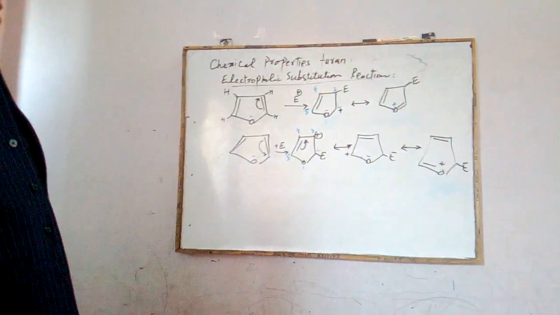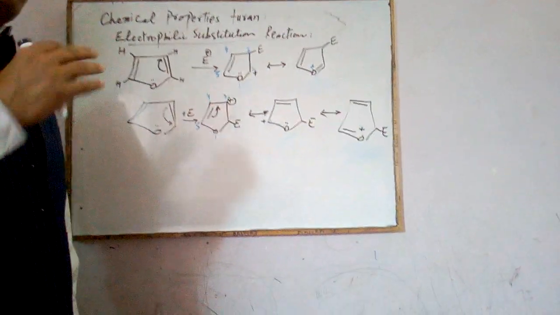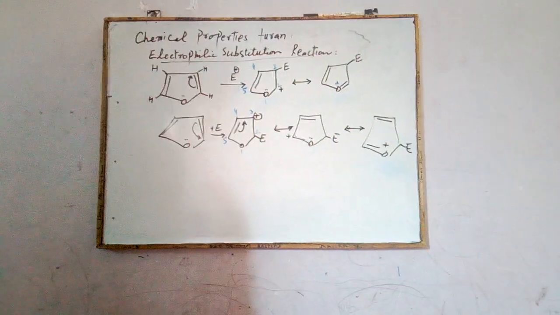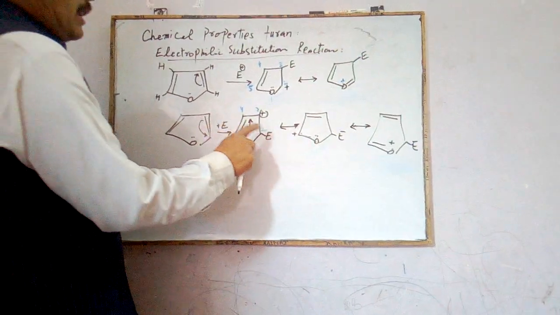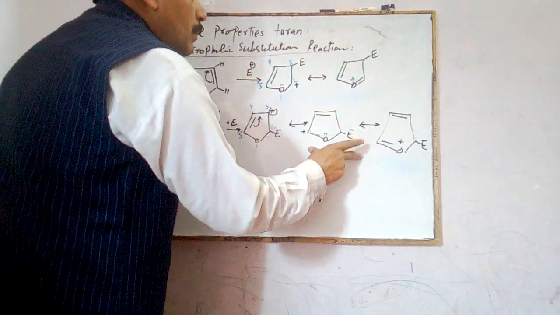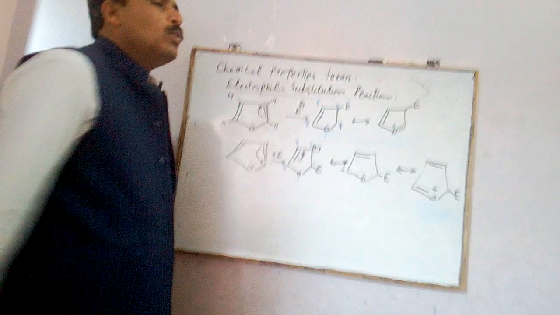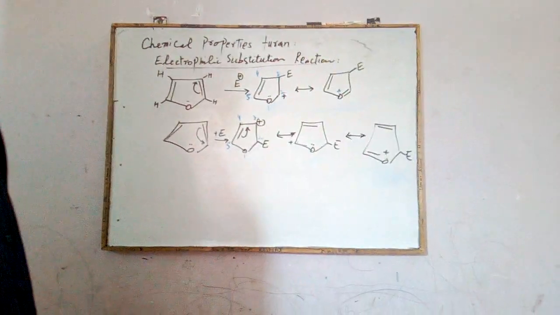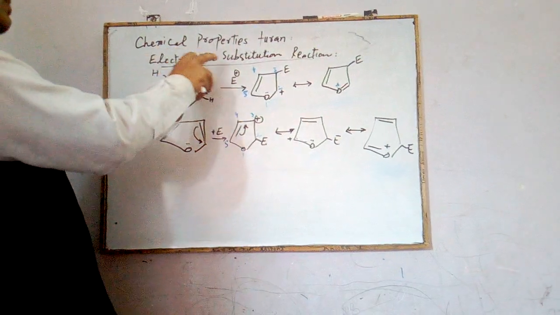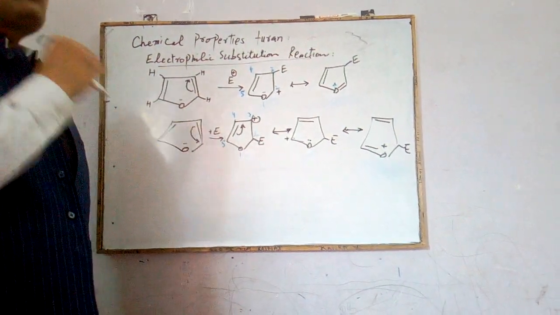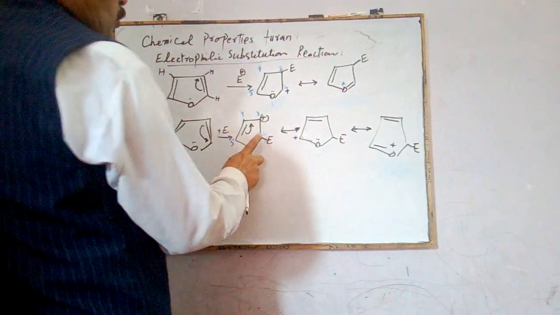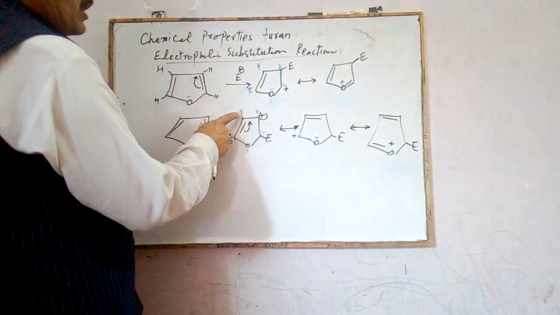This means a compound that produces more resonating structures will be the more stabilized form. So when the electrophile attacks at position 2, it will be more stabilized as compared to attack of the electrophile at position number 3. This shows that during electrophilic substitution reactions of furan, the electrophile will attach itself at position number 2 and position number